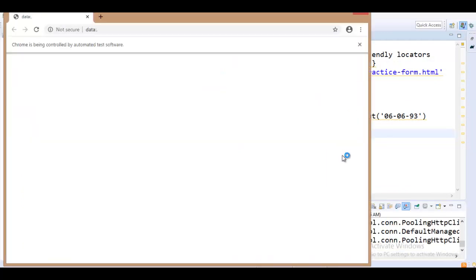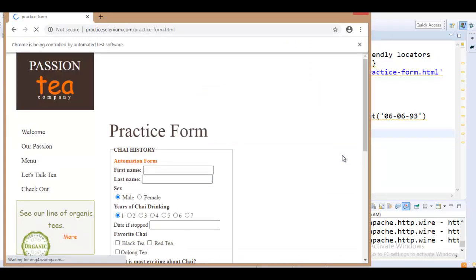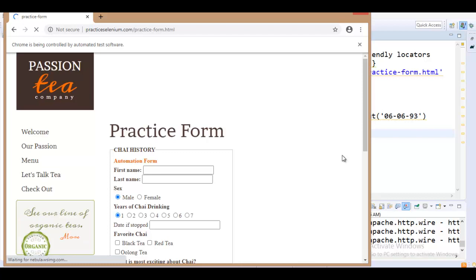The same timeout exception has occurred due to slow internet connection. So this time hopefully it should work. And it is again taking way too long, so I don't think we'll be able to get through this time.